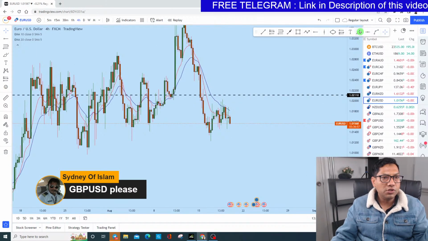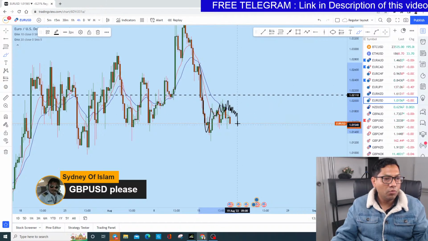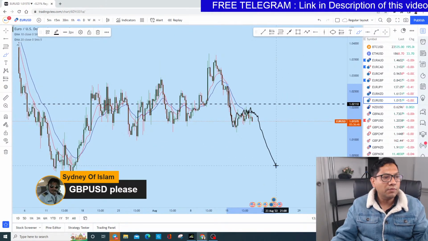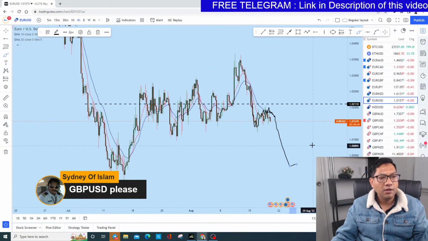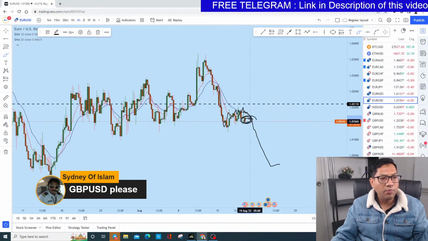And Euro dollar, you see that this price action after this big drop, consolidation, tested a couple of times this 20 period moving average, it's another like this. Okay, so we might see something like that, probably coming back here. So that's a high probability bearish price action, guys and girls.